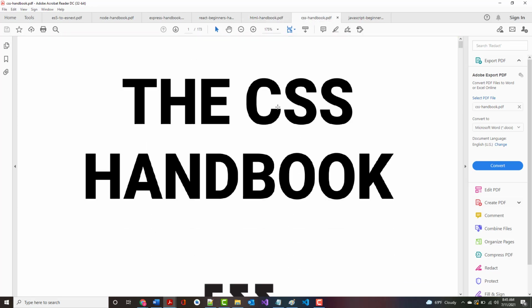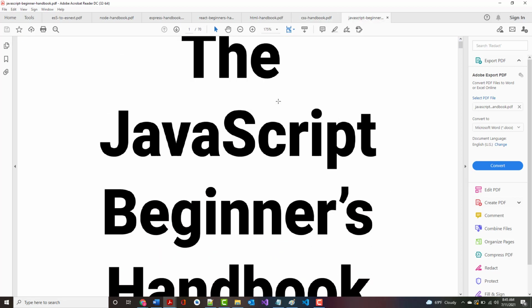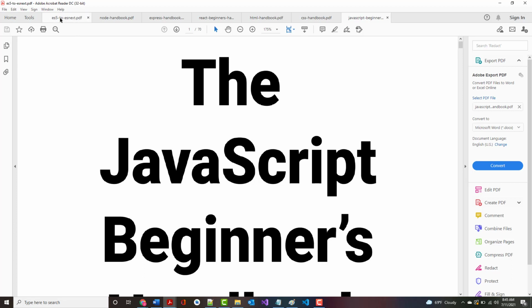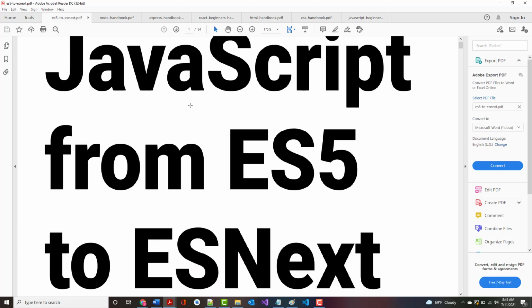I've gone through his CSS handbook. I've gone through his JavaScript Beginner's Handbook, which puts me on number 4 of 7, which is JavaScript from ES5